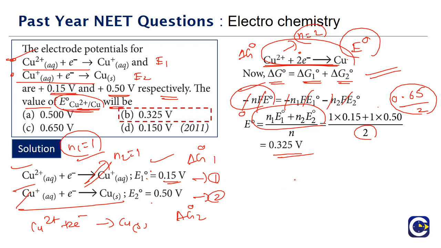So whenever we have a set of equations where the reduction potentials are given, and they are asking us to find the reduction potential of an unknown equation, we don't have direct conversions, like adding E overall is equal to E1 naught plus E2 naught. That we cannot do. We can write the equation in terms of the free energy change or the Gibbs free energy change, just like the way we do in terms of the enthalpy change. Clear?